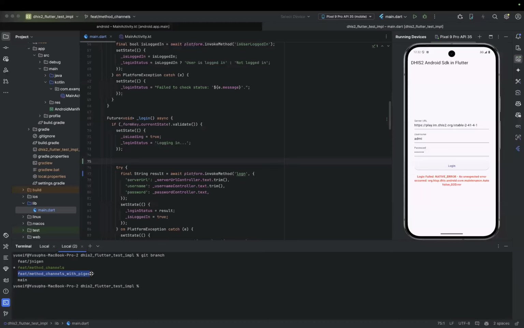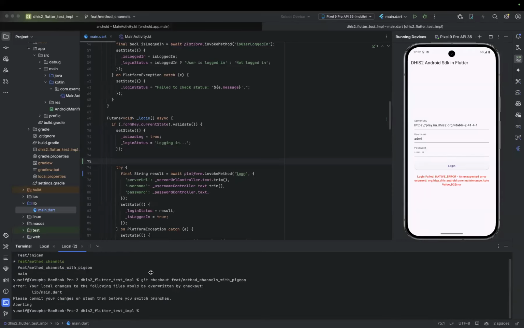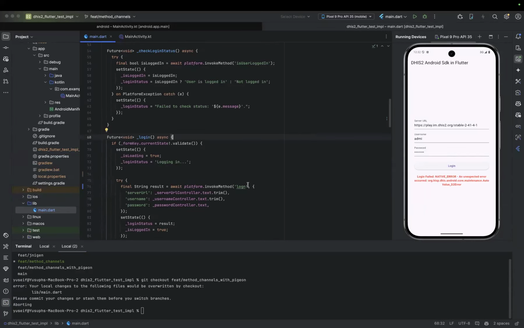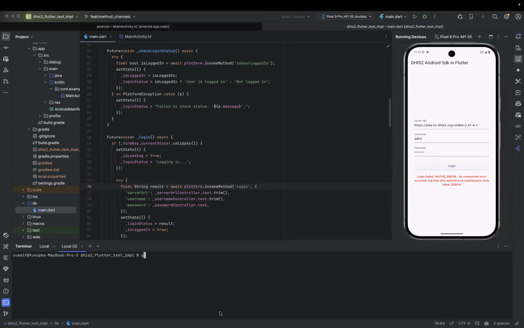I will try to migrate to the other branch, but we have modified main.dart, so let me get main.dart back to where it was so that you can go to the next branch. This is how it was. Let me check. Yes, we are good.